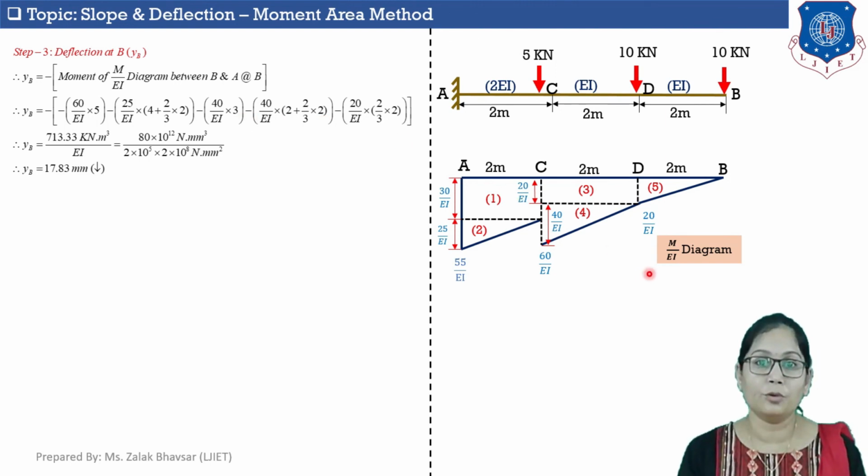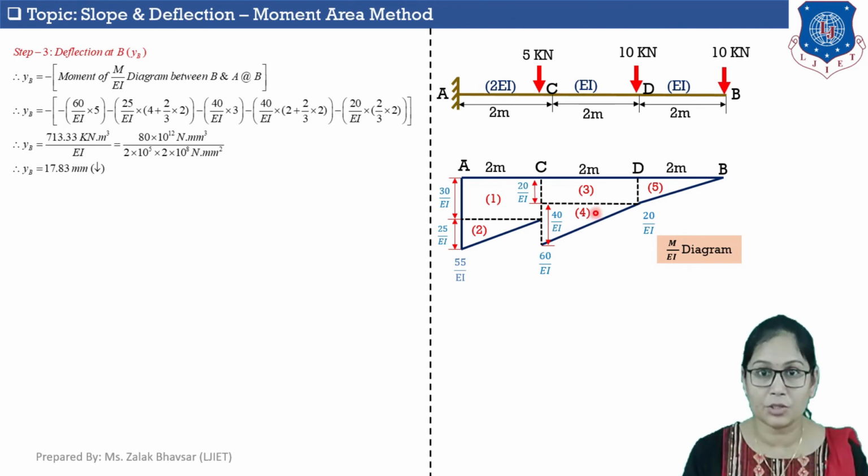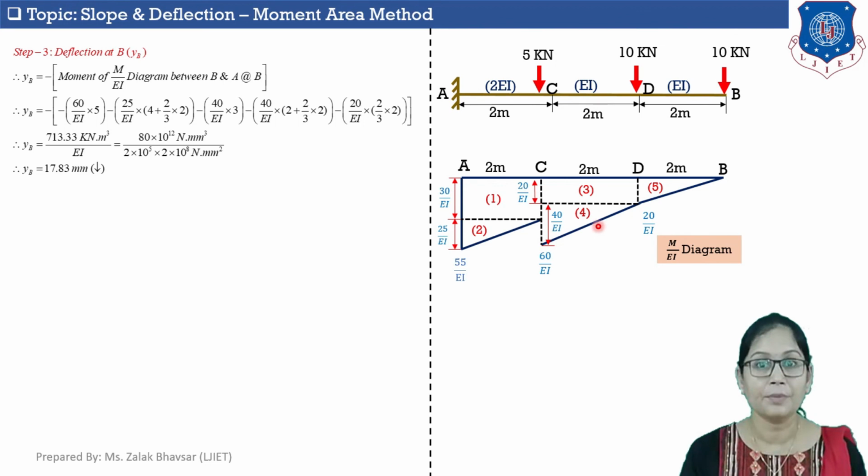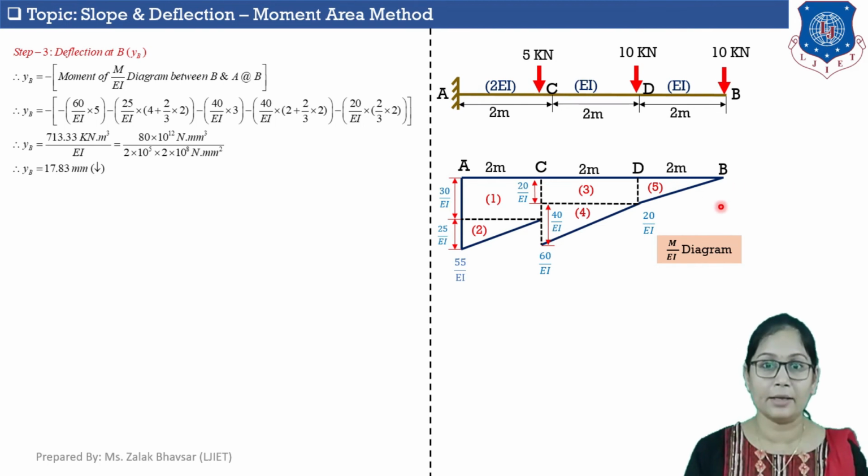Now let's move to the fourth shape. Area of the fourth shape as we calculated is 40 upon EI and the distance of CG of the fourth shape from point B is 2 meter plus 2 by 3 into 2. Now the last shape, number 5, moment of shape number 5 about point B is area into distance of CG from point B. Area as we calculated is 20 upon EI and the distance of CG of this shape about point B is 2 by 3 into 2. So if I solve this then I will get YB is equal to